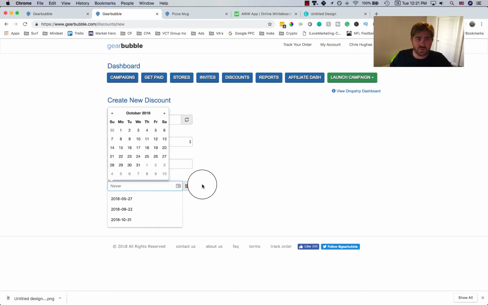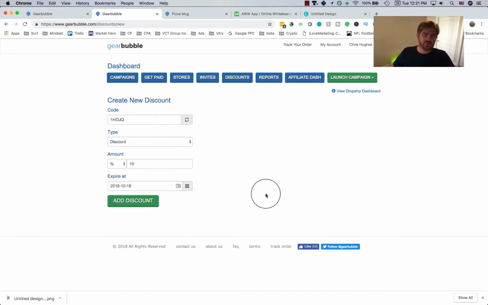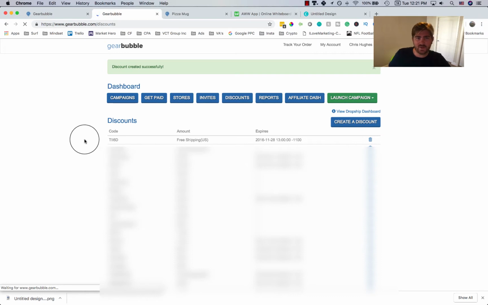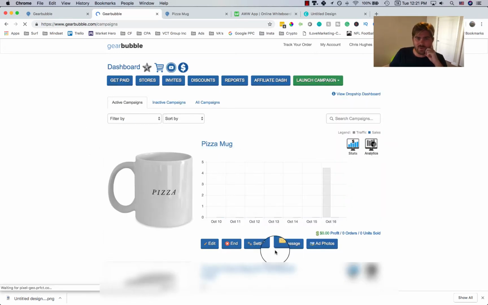You can change the expiration. So it expires, what is it today? It's October 16th. So we could change it to expire on the 18th. And we'll click on add discount, and then we'll go back to campaigns, and I'll show you how to use that discount. So settings,